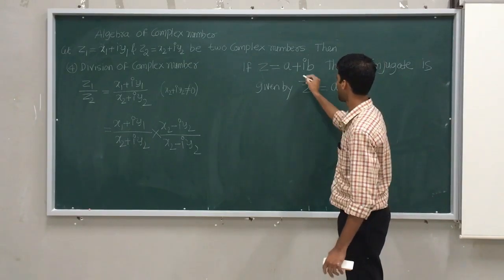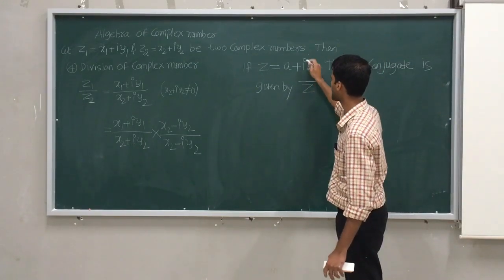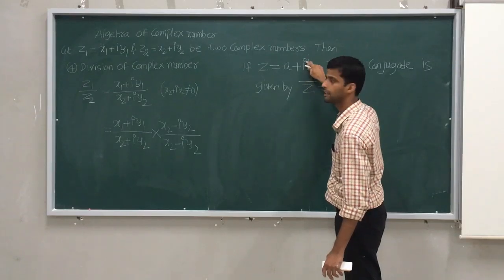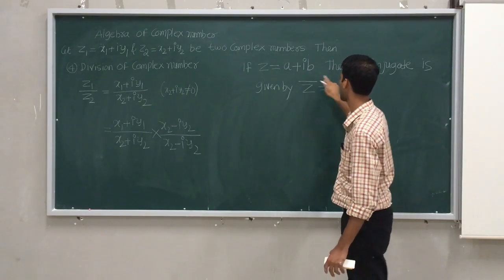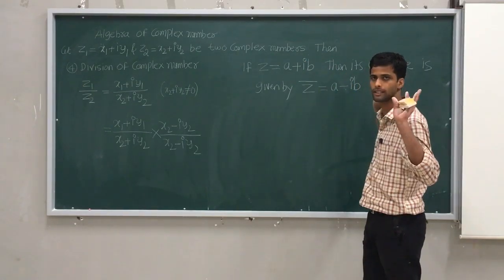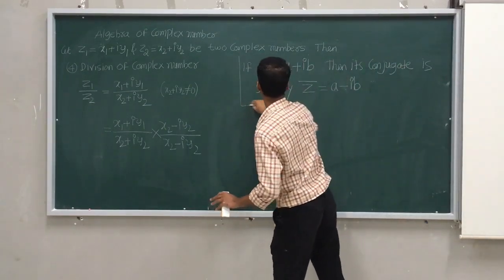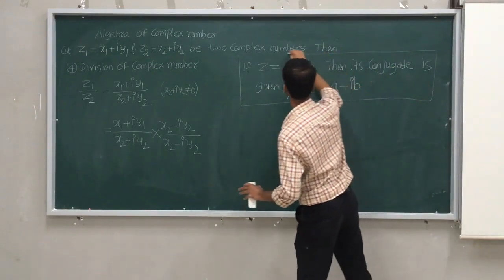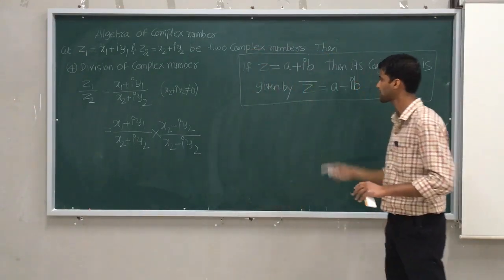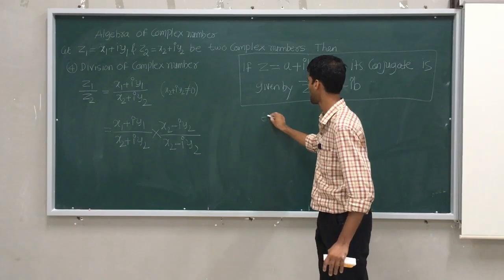What I did is, to get a conjugate, simply replace the sign with i. If you have plus here, make it minus. Rest all you keep as it is. So this is the important note for you people. Many of the problems in complex numbers will make use of this. So I will take one example.